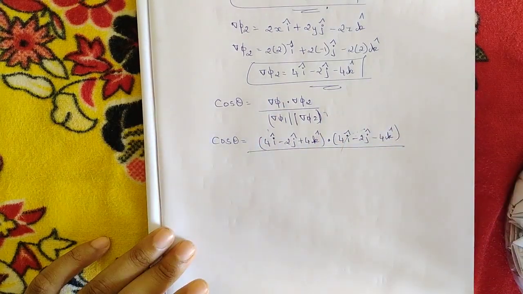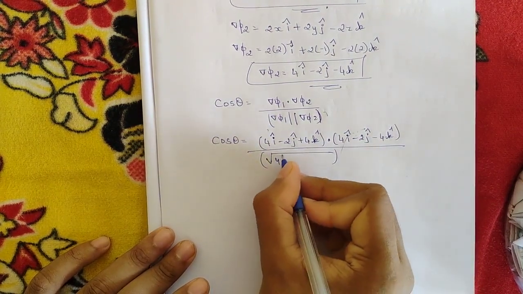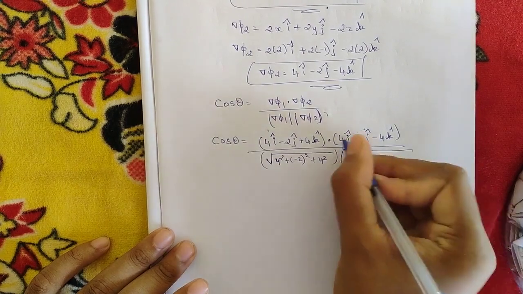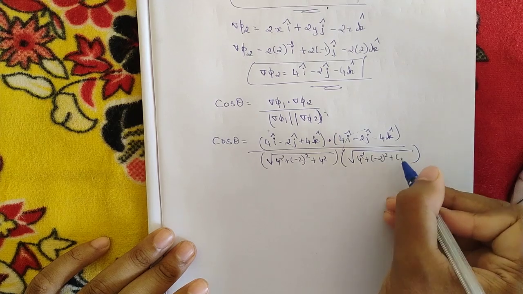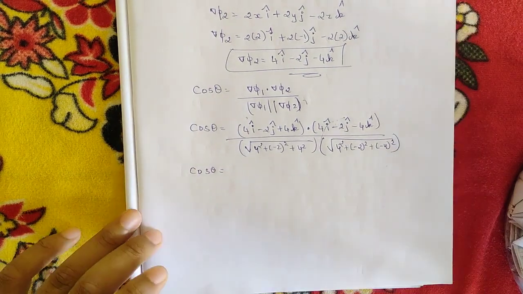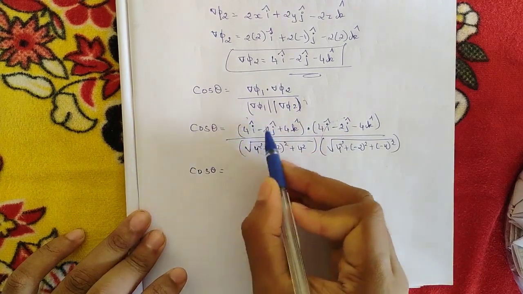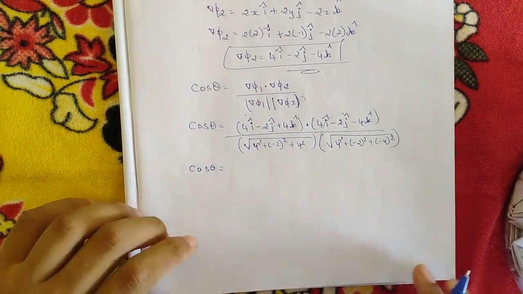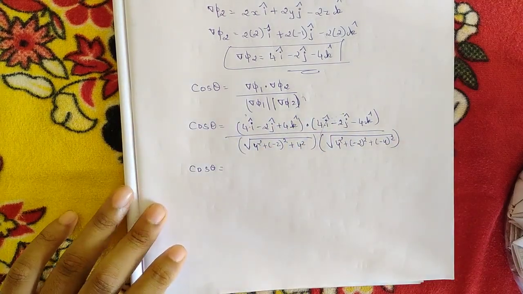the whole divided by the magnitudes, that is first magnitude of del phi 1, that is 4 square plus minus 2 square plus 4 square, into magnitude of del phi 2, that is 4 square plus minus 2 square plus minus 4 square. Okay, so cos theta is equal to, now do the dot product, 4 i cap into 4 i cap. If you multiply 4 i cap with the other two terms, it is invalid, it would be equal to 0 because the unit vectors are perpendicular. So multiply i cap term with i cap, j cap term with j cap, and k cap term with k cap. That is